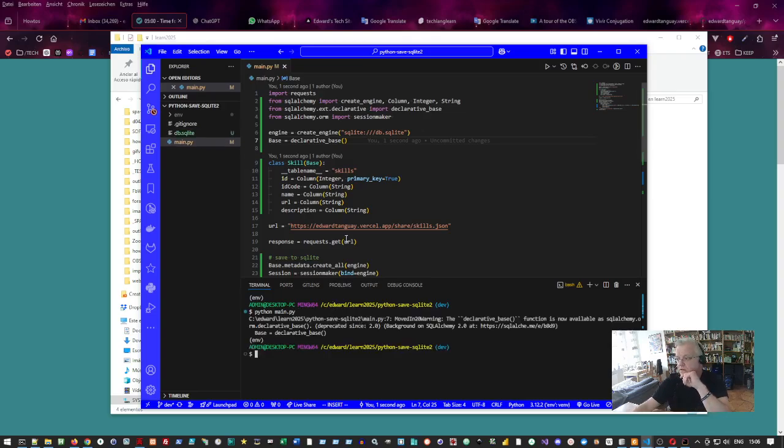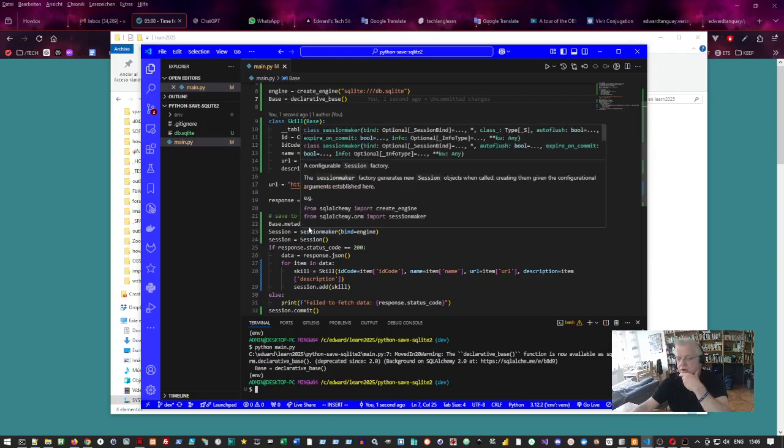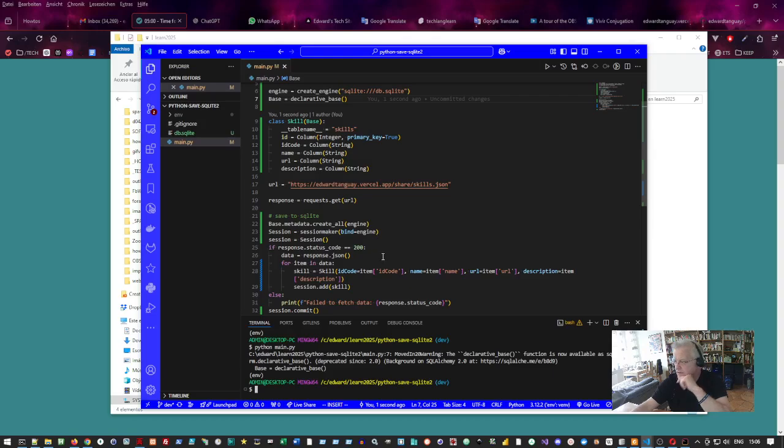And here we see that indeed the file db.sqlite is created. So that is a database, and that database, this little file, has a table in it called skills. How do we read that? Well,